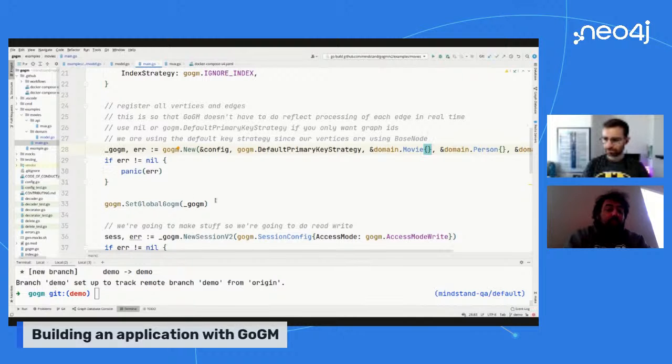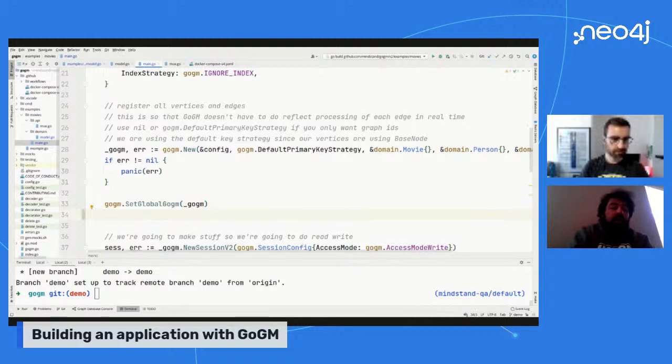So then for our example, we're setting a global Gogem. To remind you what that means, you can pass around instances of Gogem if you want to, say, only register some types of nodes in some cases. I generally just make one instance and set the global. The way to access the global instance is just gogem.g.